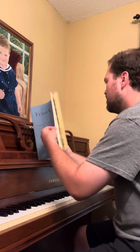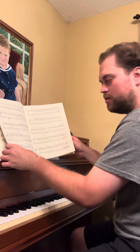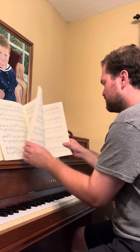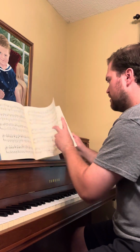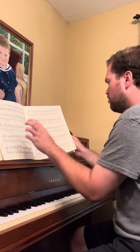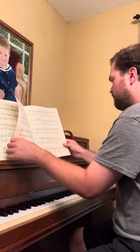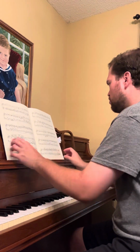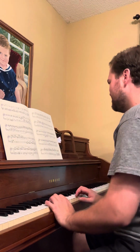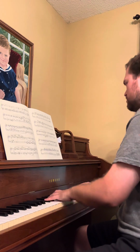harmonies. Oh, that reminds me, one of the other fun things I love about this piece, I know I'm getting distracted away from the main point of why I'm making this video, but it's at least nice to point out some really cool things that go on with the harmony here. Where is that passage? Because Franck, late Romantic, lots of chromaticism, lots of interesting chords. So there's a really jazzy chord that happens in here where it's part of the